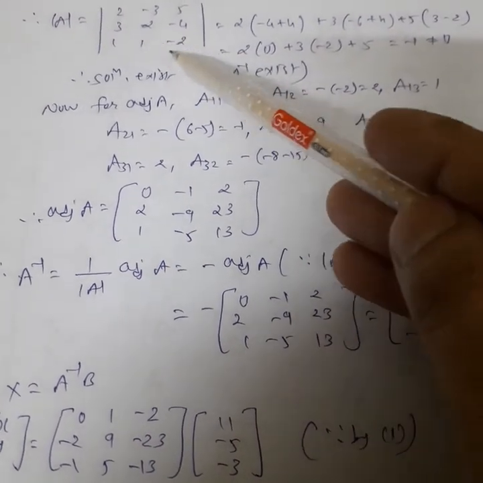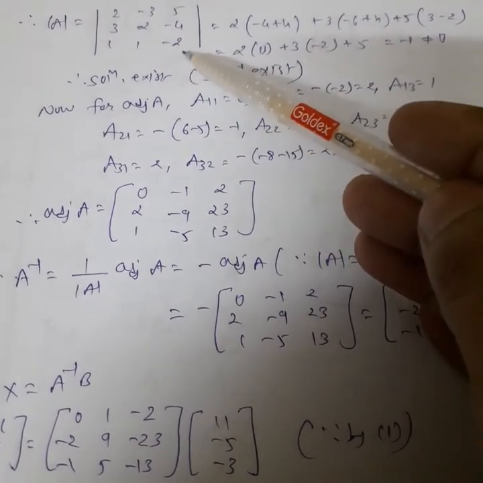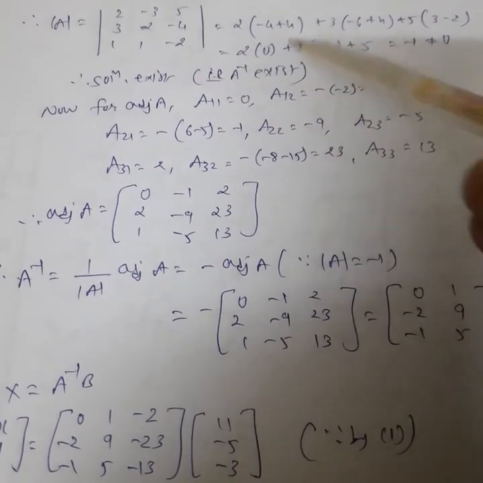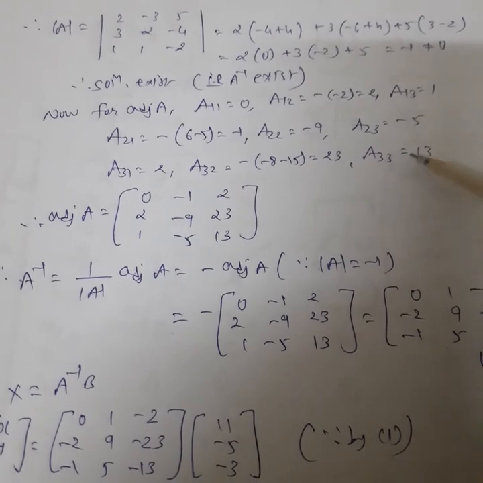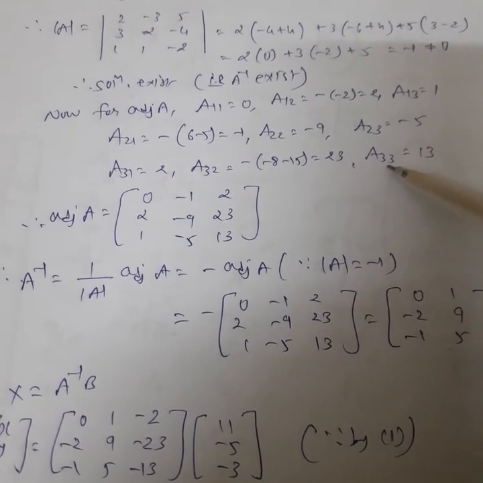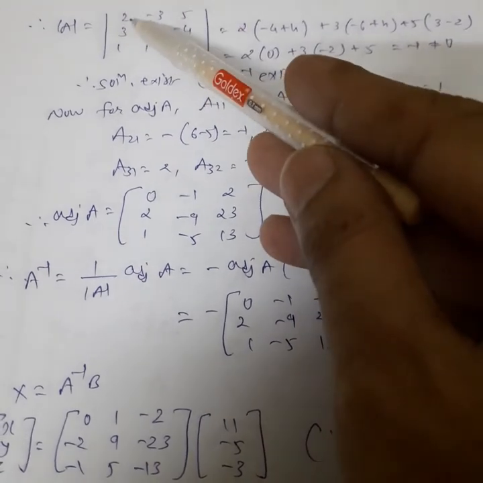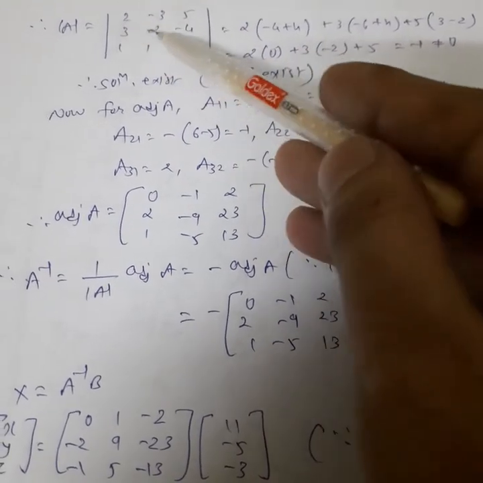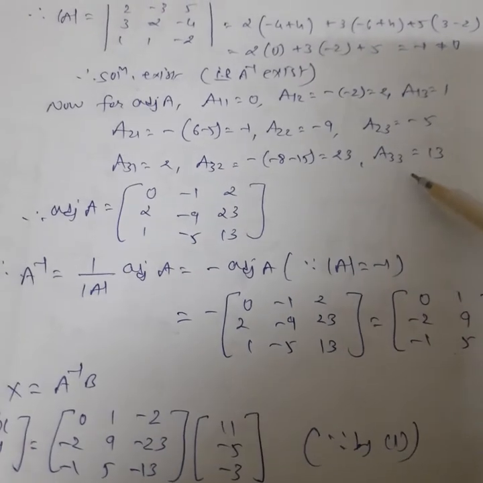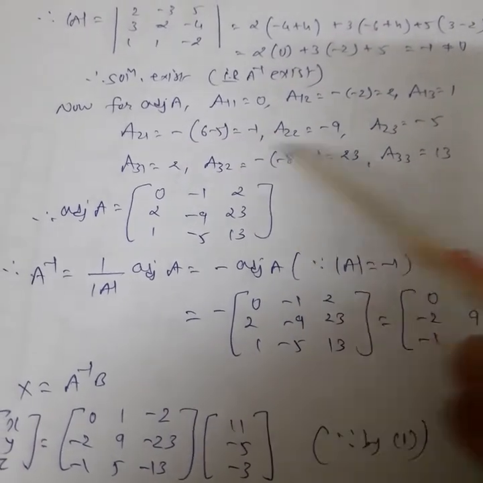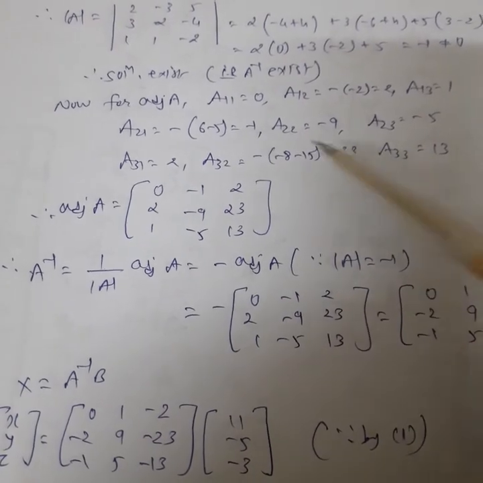And now the cofactor of the last element, that is minus 2, which is the element of third row and third column. So 3 plus 3 will be 6, means minus 1 raised to 6 is plus 1. So we get the positive sign. We hide the third row and third column and take the expansion of the remaining entries, that is 4 plus 9, 13. So the cofactor of minus 2 will be 13. These are the cofactors of each and every element.